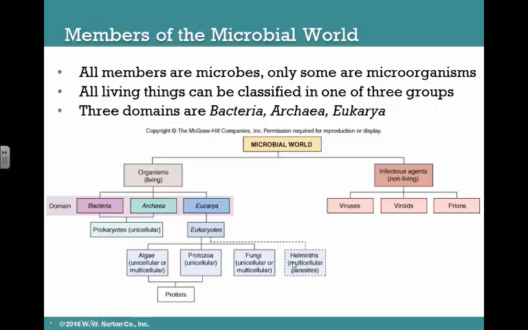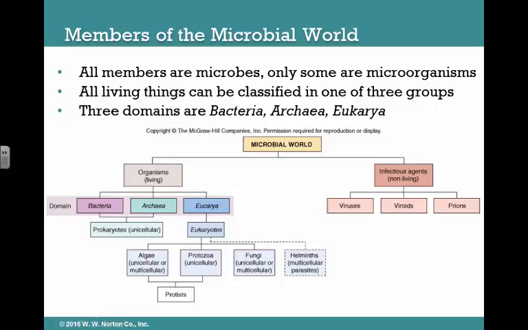Now there's a dashed line to helminths because unlike algae, protozoa, and some fungi that are unicellular, helminths are always multicellular and can always be seen with the naked eye in their adult form. However, they do have microscopic forms of their life cycle, like the egg. They also cause infectious diseases, so they are grouped and included in these members of the